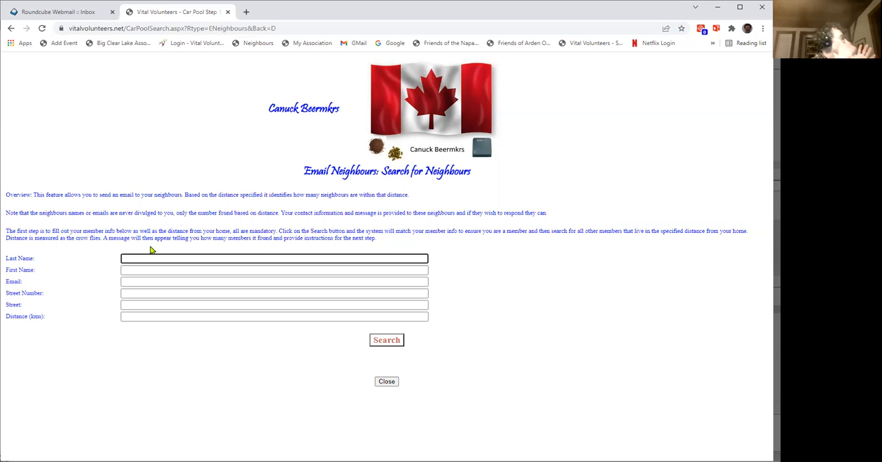The first step is to put in your member information, and it has to match the member information on file with your association. So in this case, I'm going to be Bob Hunter. I'm going to put in my name. I'm going to put in my email address. And it also asks for my street. That's just another piece of information that can be checked against your member record to make sure you're who you